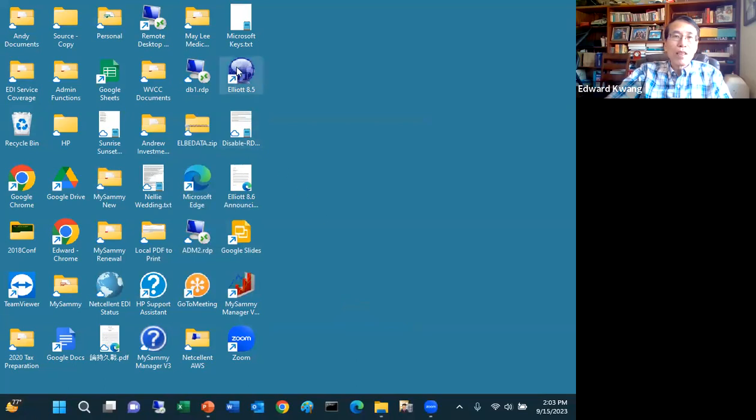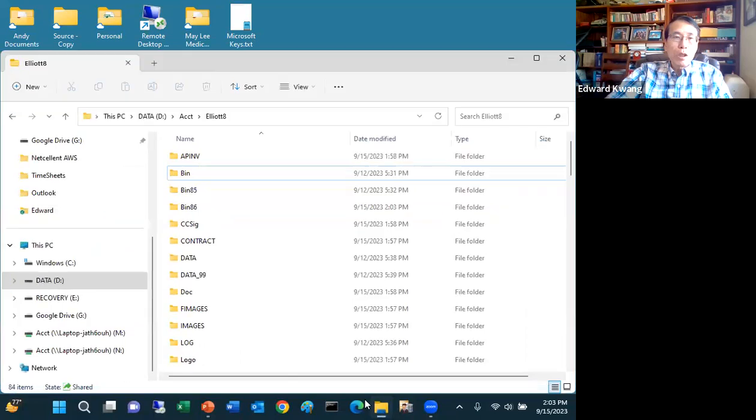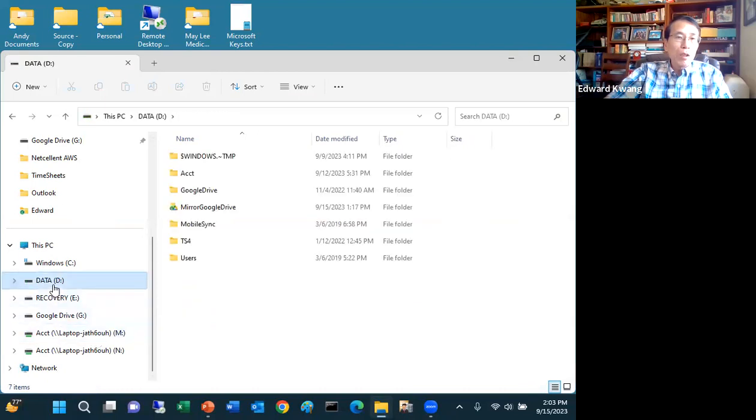And then I was previously on Elia 8.5, but how do I run Elia 8.6? So what you need to do right now is on the machine, which is the server, typically that you have Elia installed, and then you need to go to the map drive. So the map drive is the N drive, okay? I don't run from D drive because D drive is local to the server only.